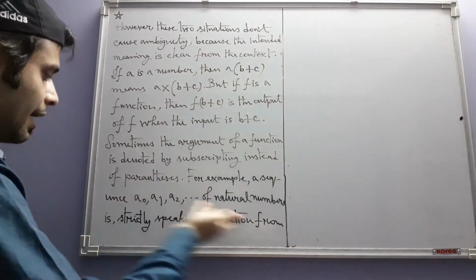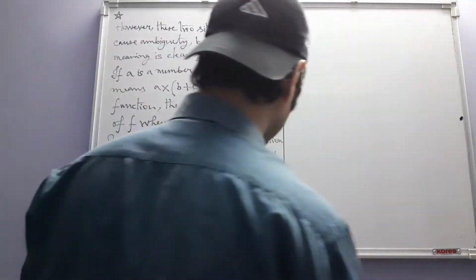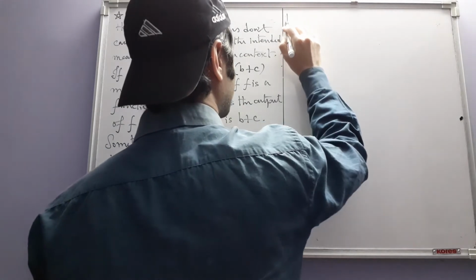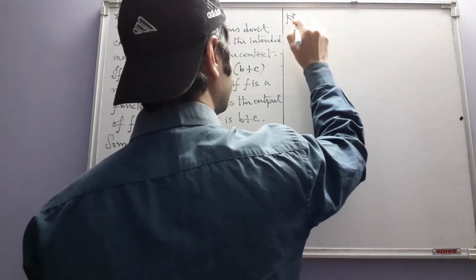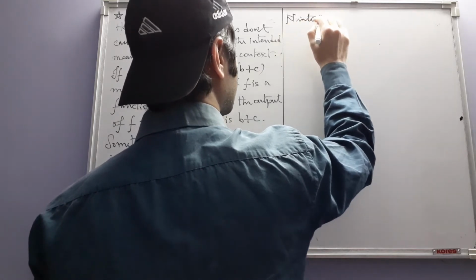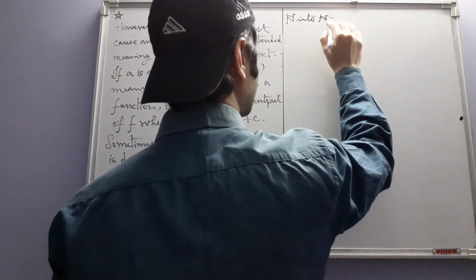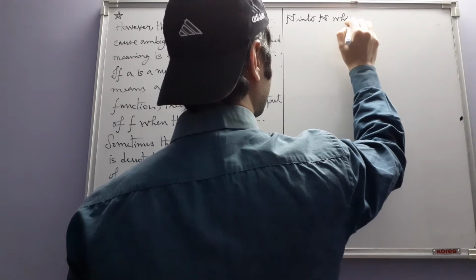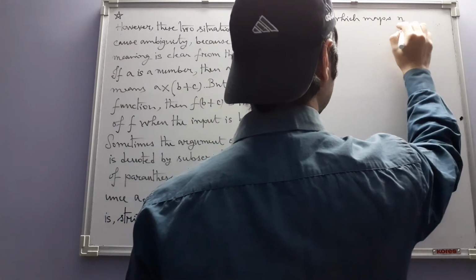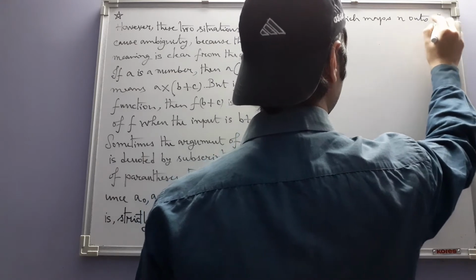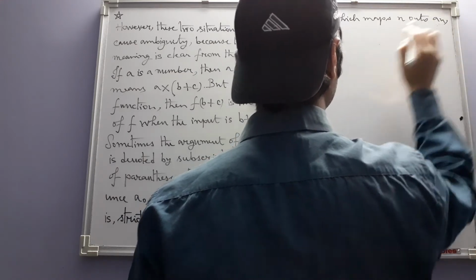Oh, I already have written the name. Okay, how foolish of me. It is a function from N to N which maps n onto an, that is,